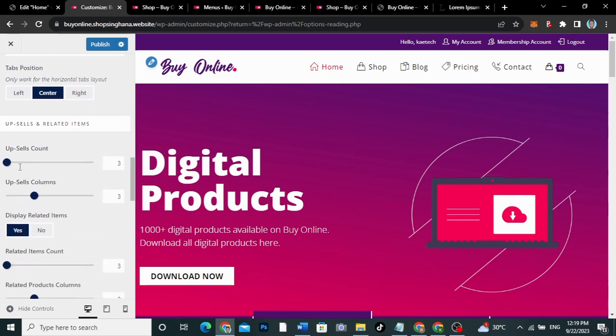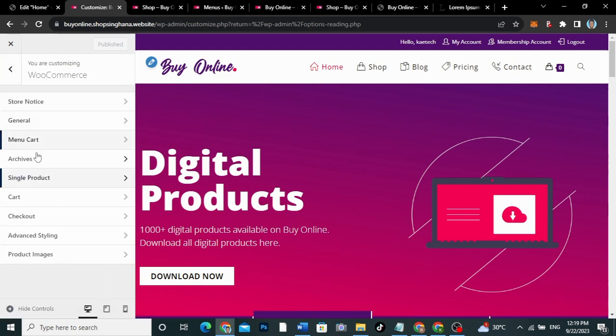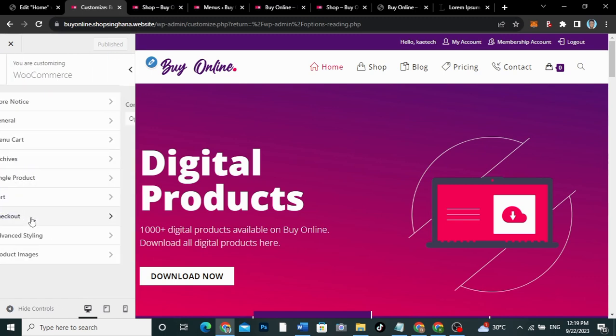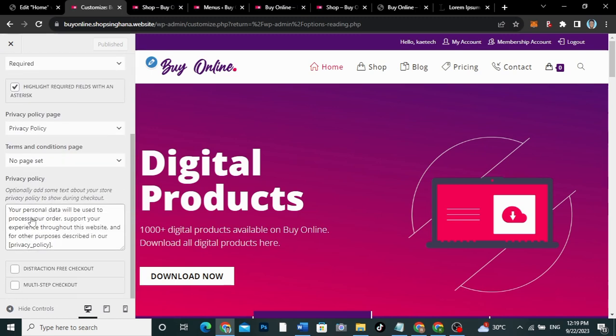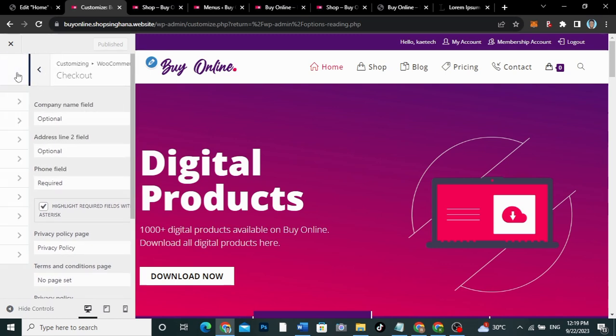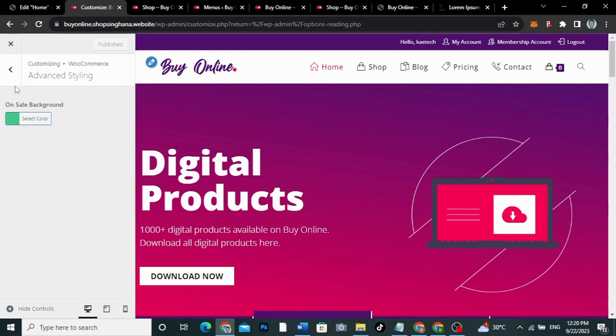So everything is quite okay. For this one, I'm just going to use just the full width. That's all. Now let's go over here to the cart page and all those things. So with this one too, I think it's okay. The checkout also, okay, so everything is fine. Advanced, if you want to style it, advanced on sale and all those kind of stuff, you can do so